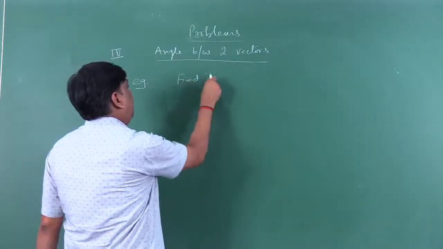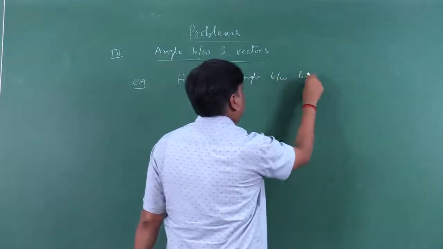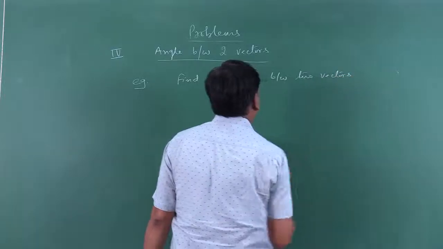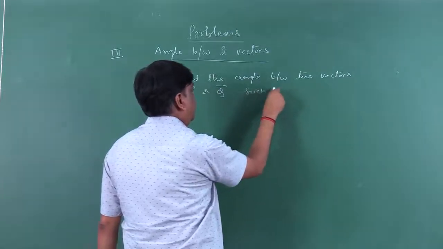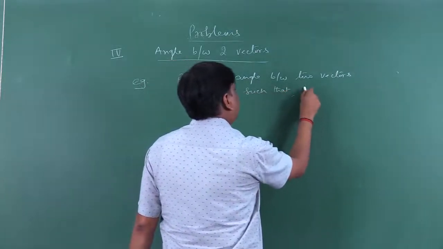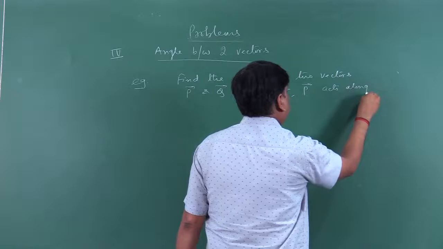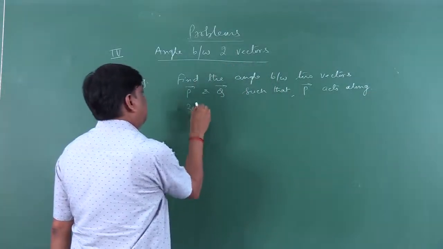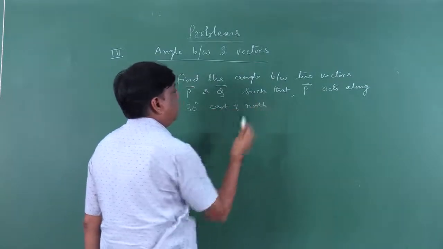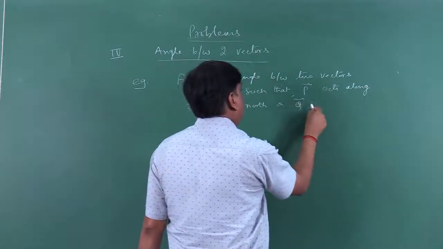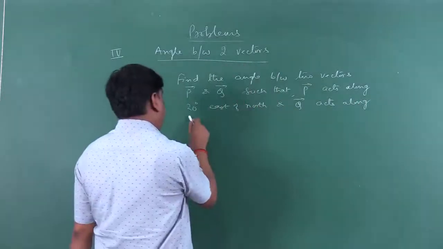Question is, find the angle between two vectors P and Q such that P vector acts along 30 degree east of north, and Q vector acts along 45 degree